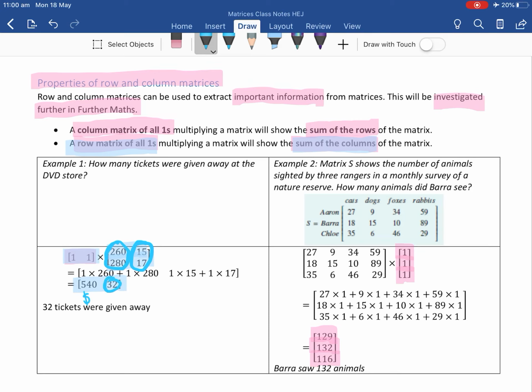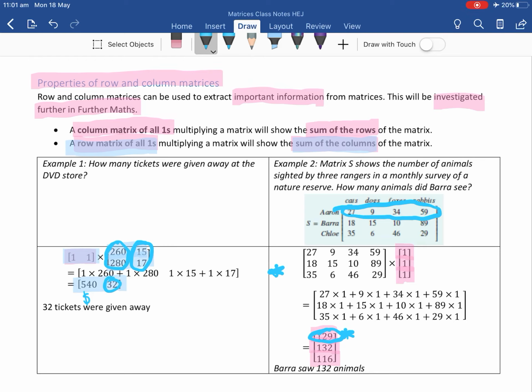So if you are multiplying by that row matrix, then you should know that you're going to get the sum of columns, and then it's the opposite. So for this example over here, they've multiplied by a column matrix of all ones, which means your answer is going to be the sum of the rows. So for this one, 129 represents the sum, adding up all these numbers for Aaron. And so on. So Barra,